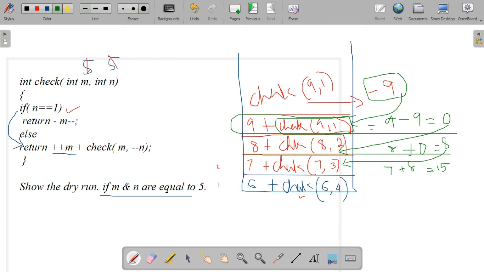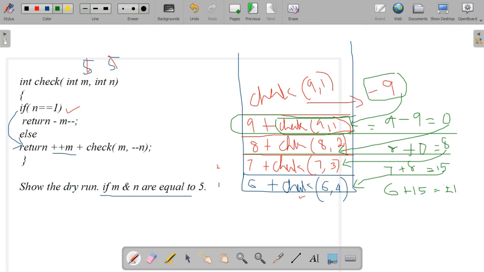Is it? Yes, 15. The next one, this 15 is passing to check of 6, 4. Check of 6, 4 equal to 6 plus 15. So what is the final value we are getting? 21. You have to remember, after the processing of each frame, the computer removes each frame.